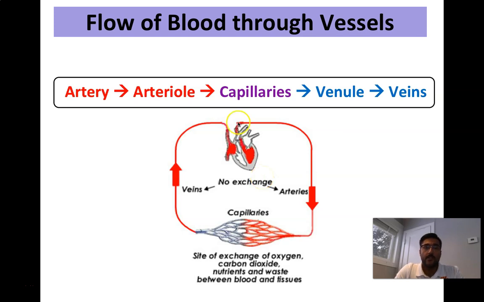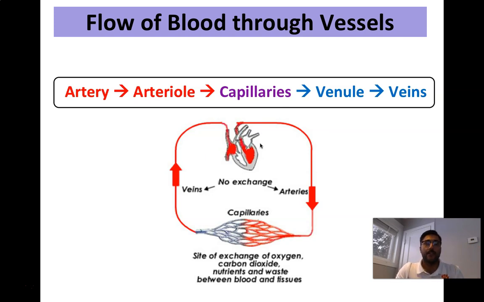Hey Science 30, so this is the next video in the biology unit. We're going to continue talking about our 5 different blood vessels. Last video we ended saying that we have arteries, arterioles, capillaries, venules, and veins, and they go in that order. Leaving the heart, you start with the artery and then you end up back at the heart through a big